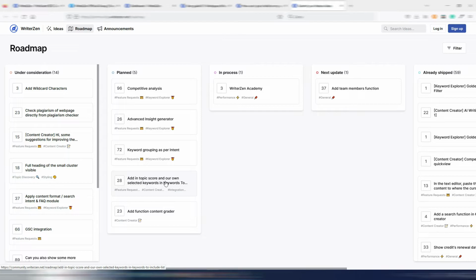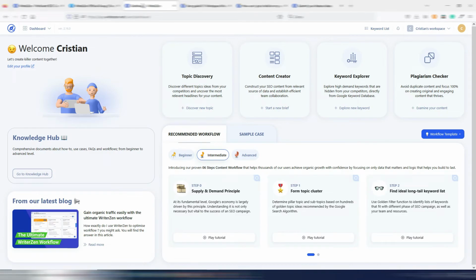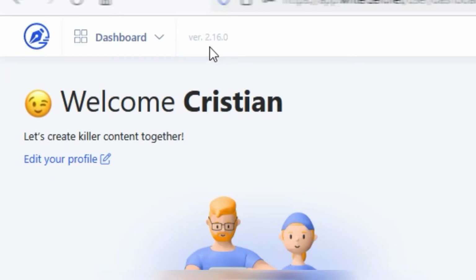Add in topic score and our own selected keywords in keywords tool, I think. In keywords to include list, really interesting, even this one, and add function content grader. This will be next batch of updates in WriterZen that it's now at its version